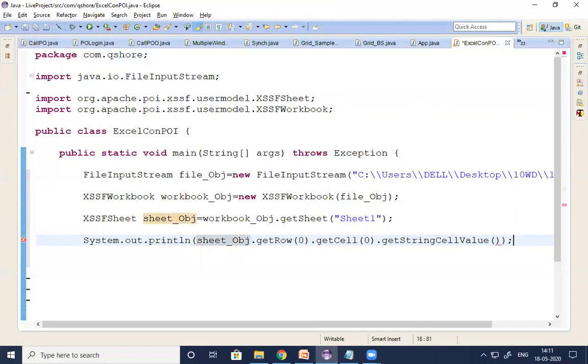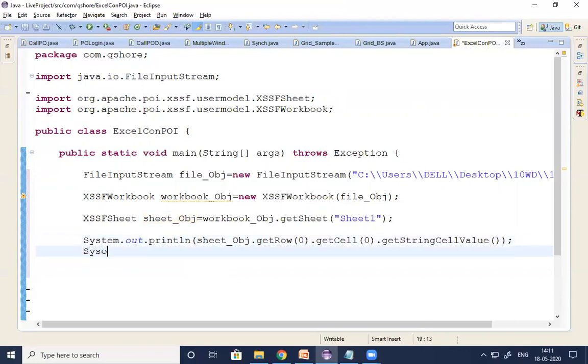So in the jxl.jar file, cell means what? The meeting point of column number and row number. Whichever sheet you open, in that sheet, get the first row, first column. That is a cell. In that cell, whatever value is there, you can read it and print it. Understand, guys? Next one is what?